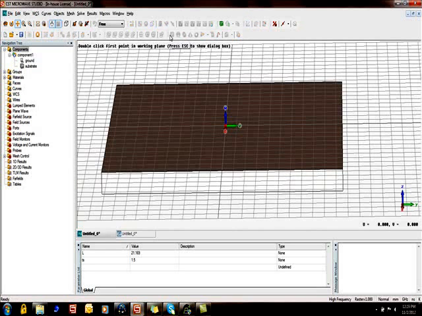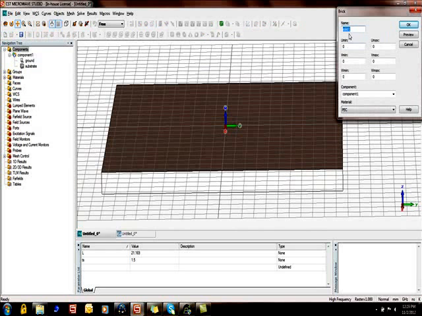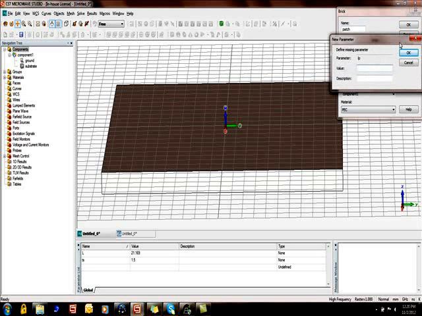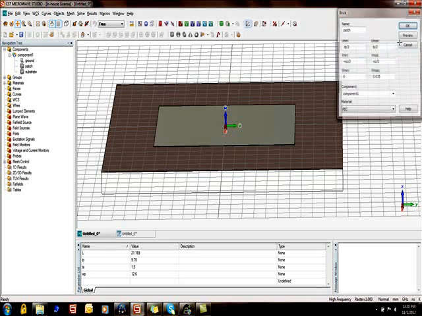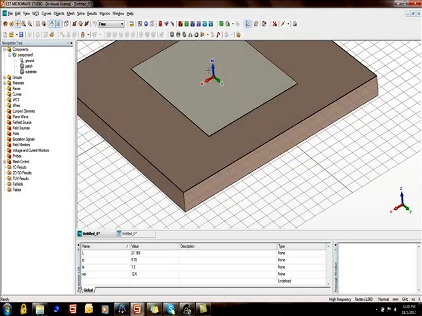Again click on create brick, press escape, give a name to that brick, and then parameters, and maybe some thickness, and then click OK. So material is PEC, then you need to enter value of L 9.78, width 12.6. Now you have a patch antenna.